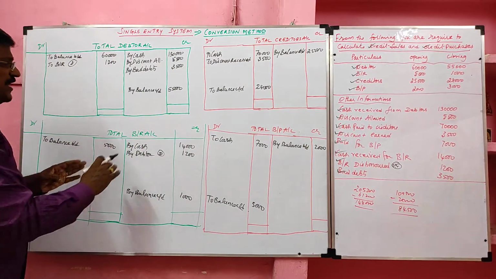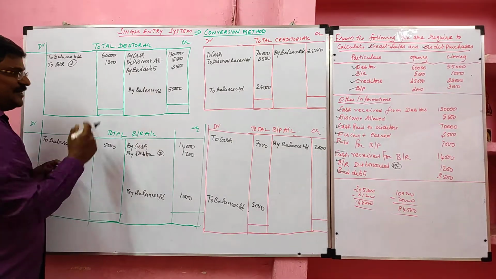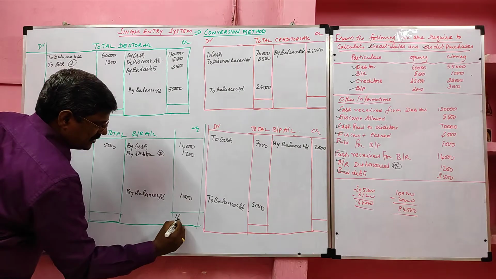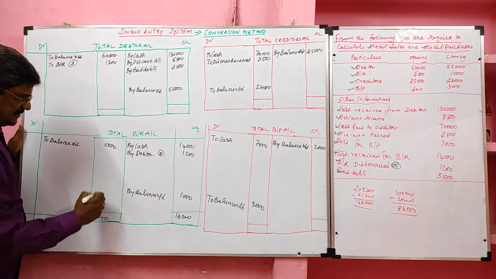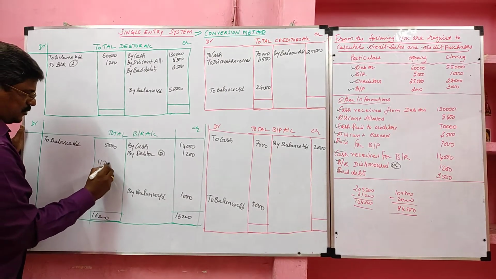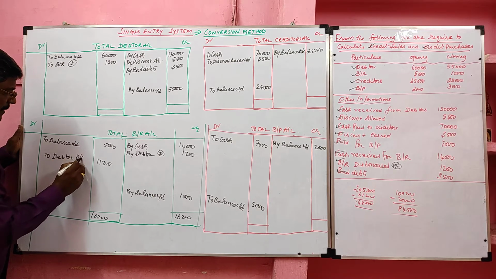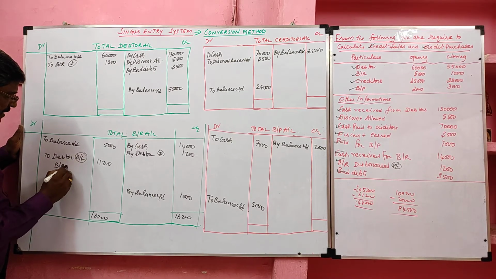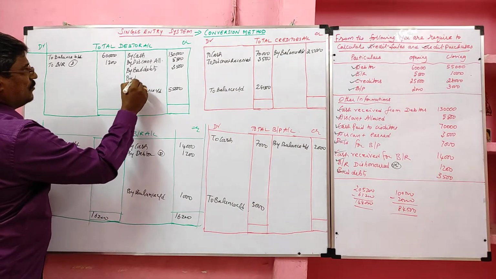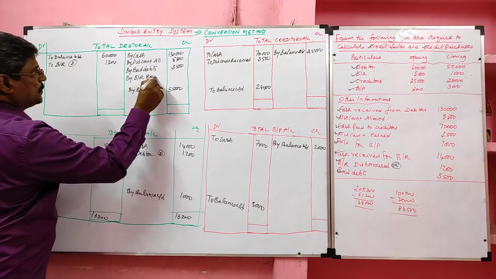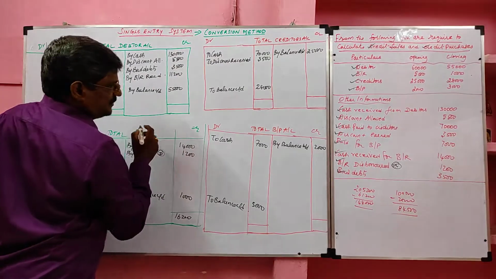Then I said first we have to close total bills receivable, find BR received, it should be transferred to the debtor account. Total 16,200, balance 11,200. This should be transferred to debtor account, balancing figure. This is called BR received. It should be credited to the debtor account as BR received. BR received value how much? 11,200.